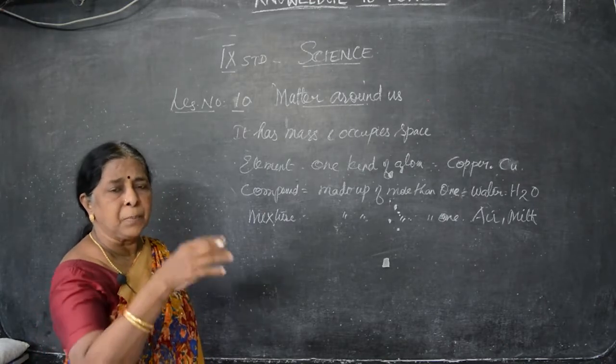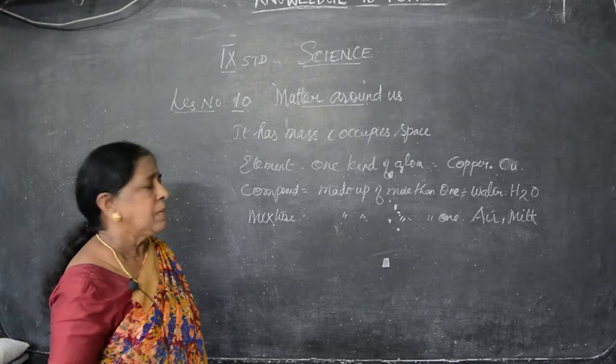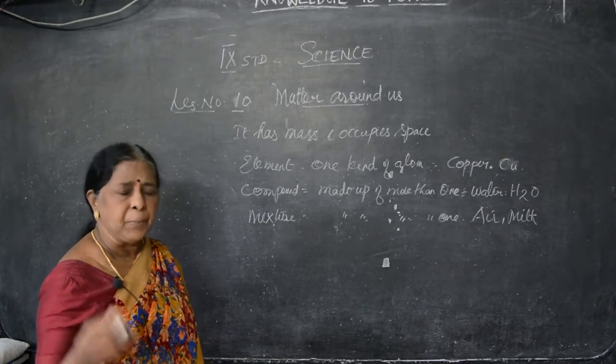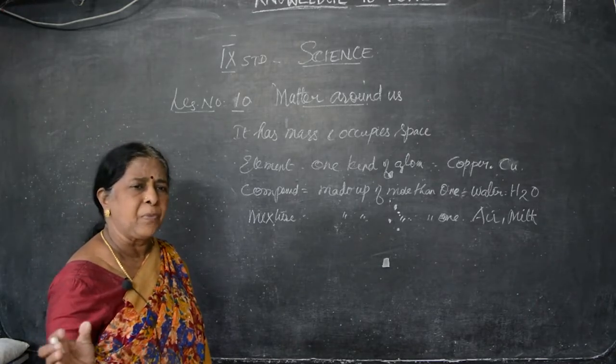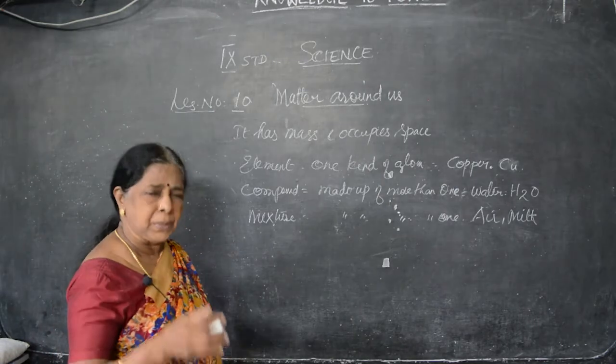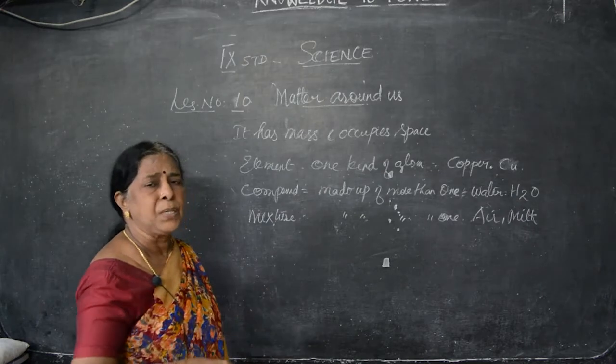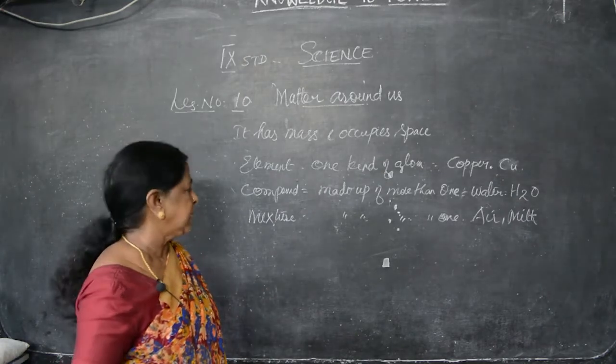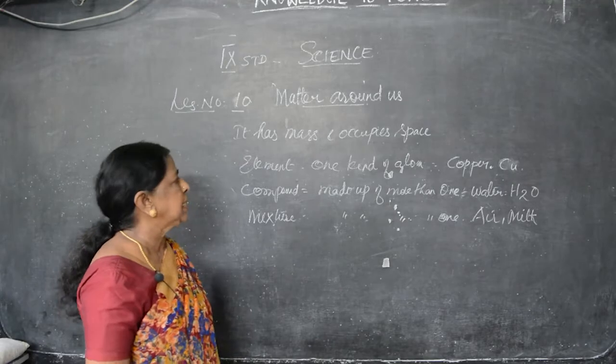What do you call all the things that are inside it? Components. For example, if you are making any edible item, whatever it may be, it's not made up of one thing. We have to add more things to make it tasty. So the things you are adding are known as what? Constituents, ingredients. Clear? So let us go to the lesson now.